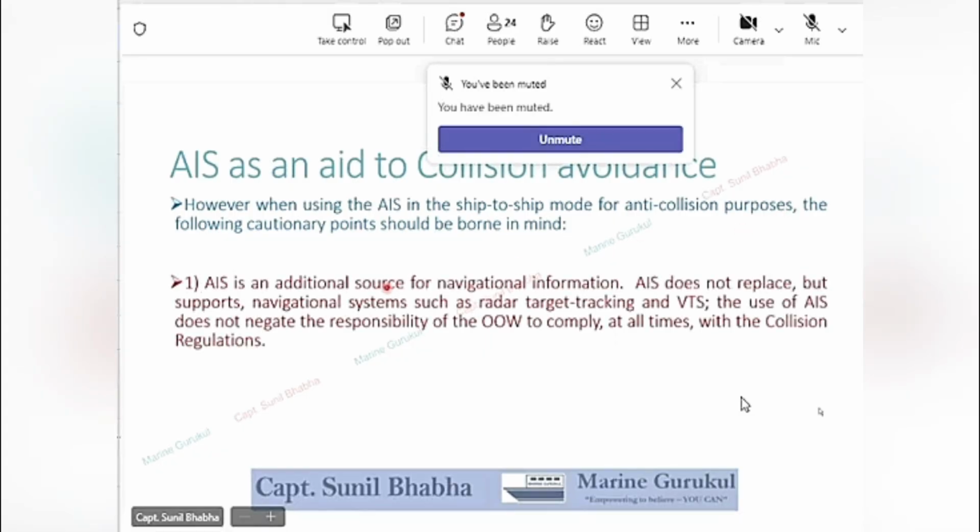It should always be kept in mind that AIS is an additional source for navigational information. AIS does not replace but supports the navigational systems such as radar, target tracking, and VTS. The use of AIS does not negate the responsibility of the OOW to comply at all times with the collision regulations.